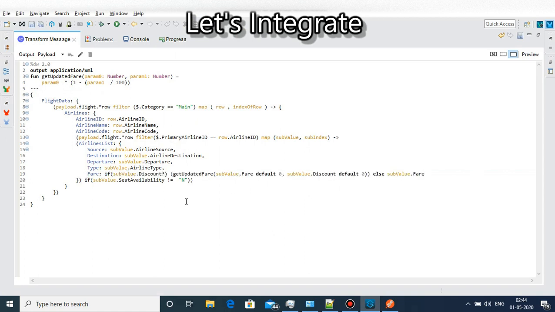Now I just updated the field fare. It will check for the field discount. If it is present, then it will call the function getUpdatedFare and calculate the updated fare amount. Else it will return the fare as it is.